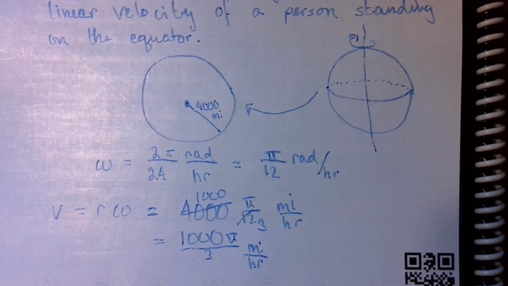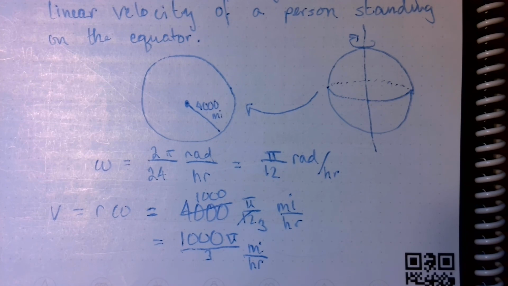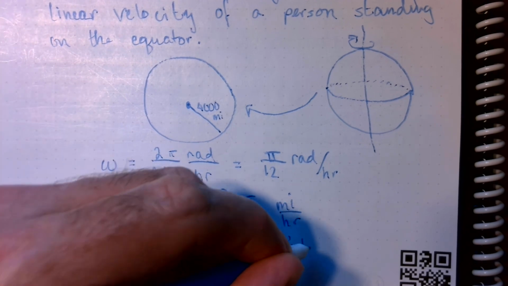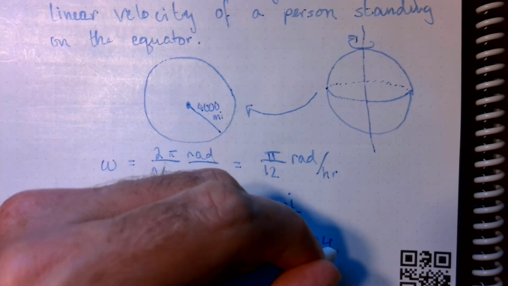And if we want to, we can check our calculator here and crunch the numbers really quickly. 1,000 times pi equals, take that number and divide it by 3. So I'm getting approximately 1,047